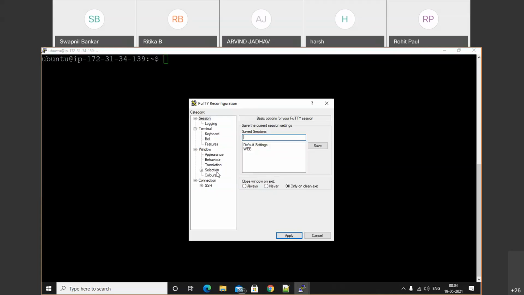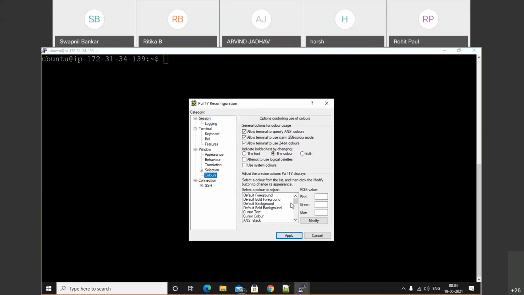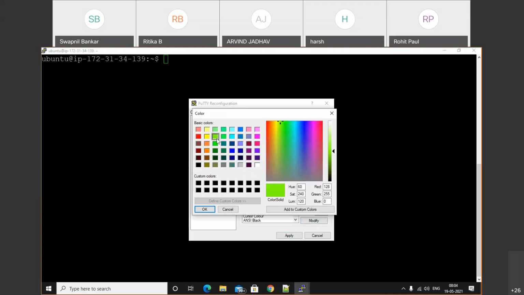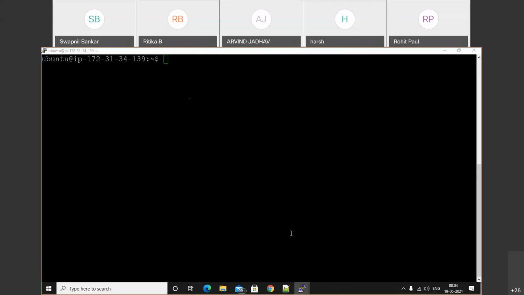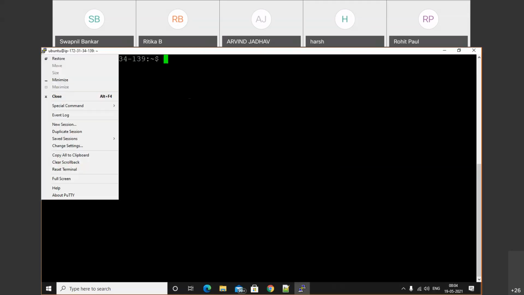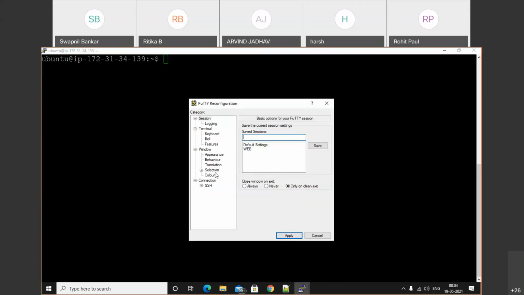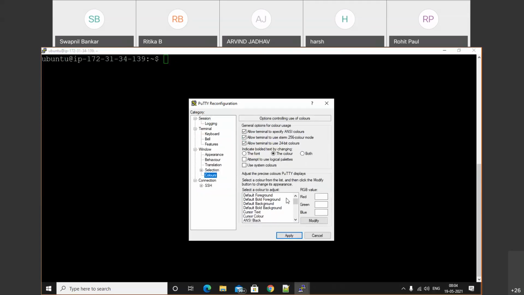Colors, background color. This one is the background color. Modify. Use green. Themes, colors, default.